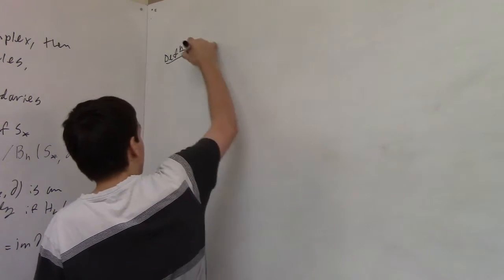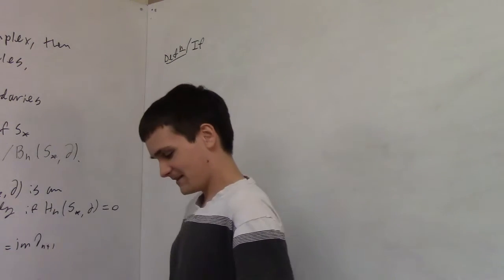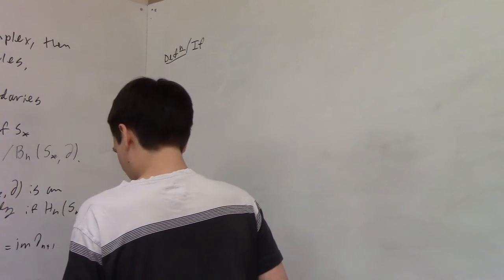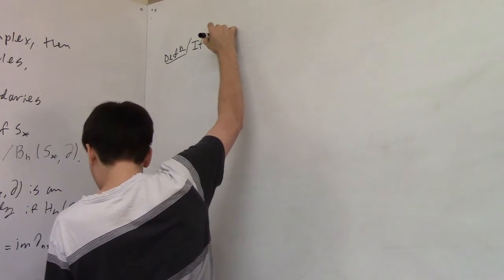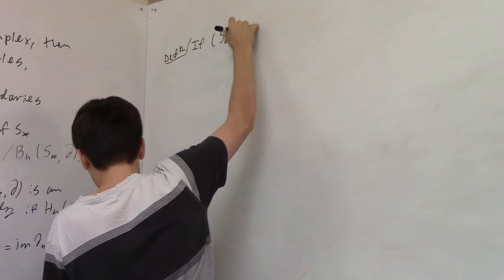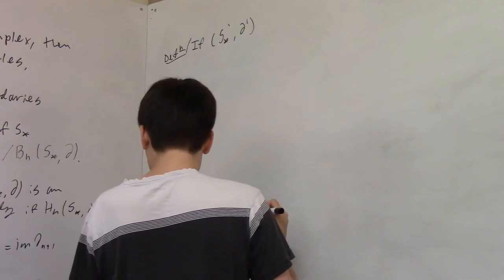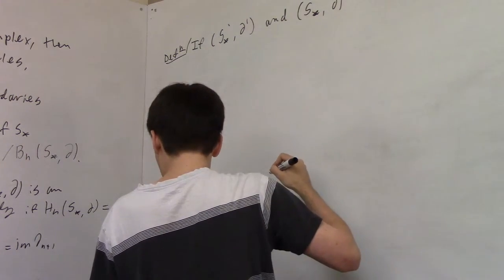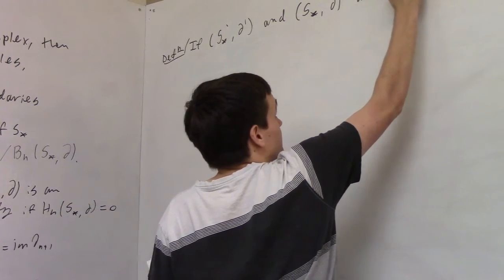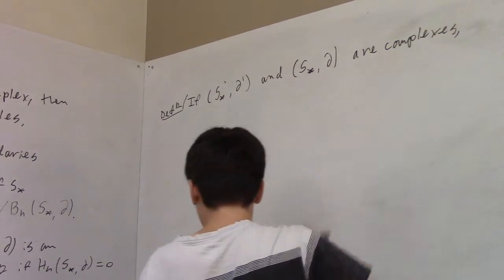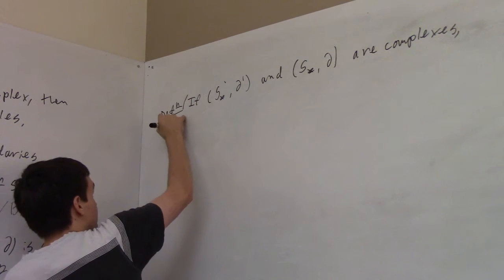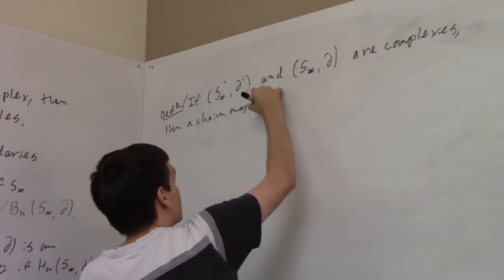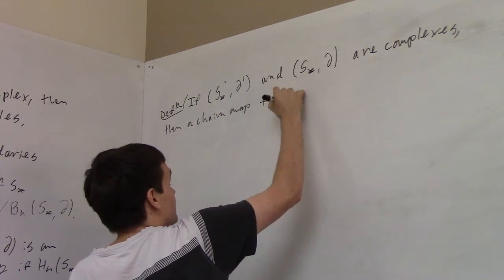So another thing I didn't like about this section, he uses a lot of primes. It kind of makes things annoying to look at, but I guess I'll use the same notation as him. So if S star prime, partial prime, and S star partial are complexes, then a chain map F from one complex to the other